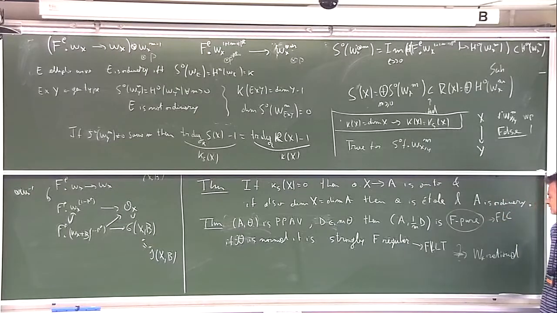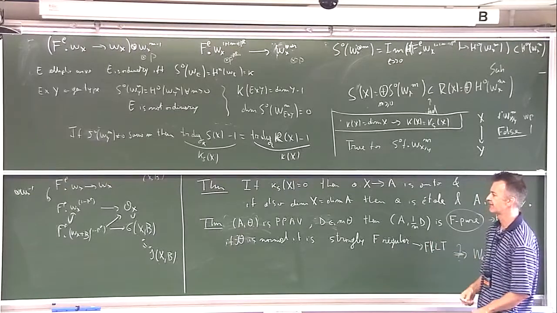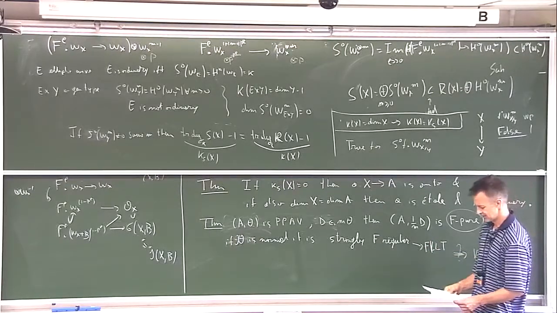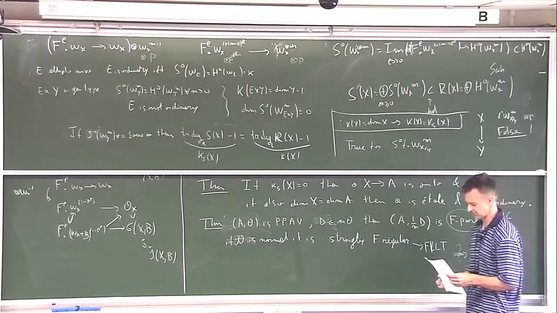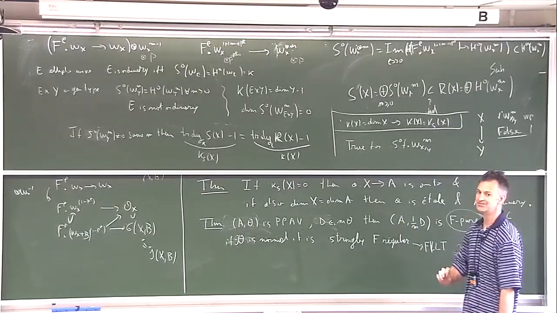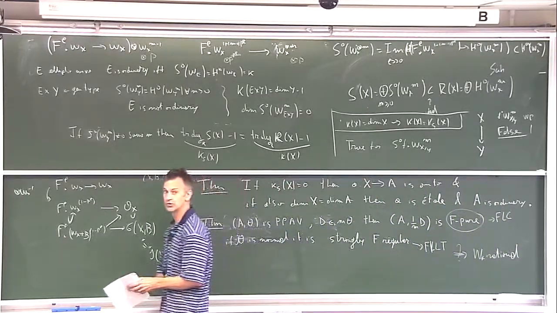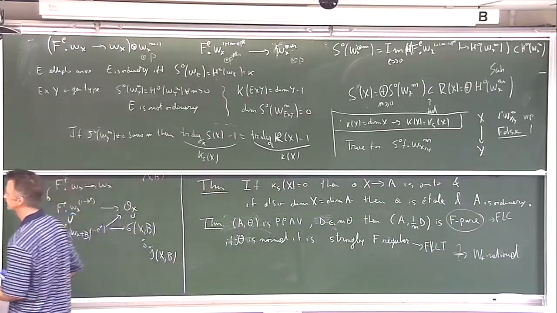So this is something you want to know if you're trying to count the number of rational points on a singular variety. So it should have some nice almost number theoretic applications. Okay, so I'm not going to say anything about the proof of that, but I do want to say a last couple of words